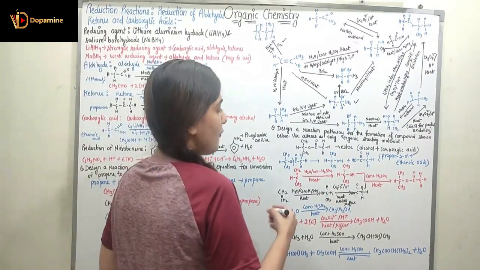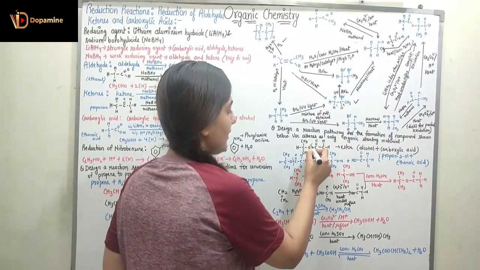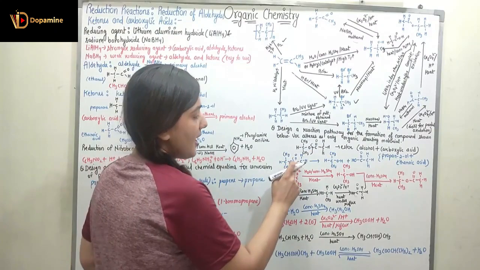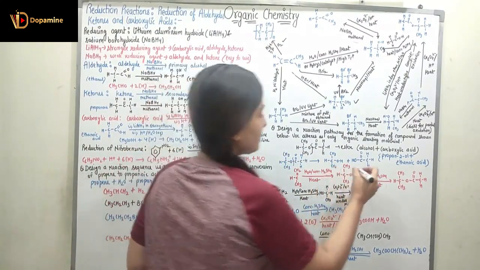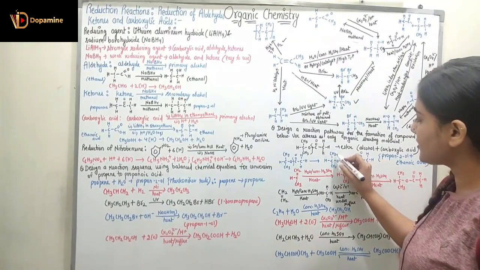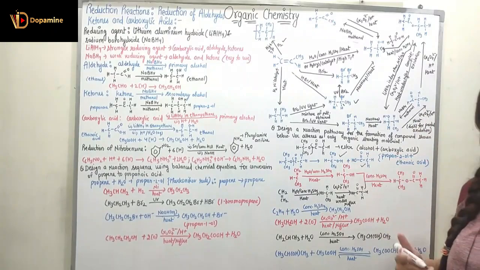Now here, what would be the carboxylic acid? If I cut it over here, I will be getting CH3CHOHCH3 and CH3C=OOH. CH3COOH is my ethanoic acid and this is my propan-2-ol. So now we have to form the ethanoic acid and propan-2-ol